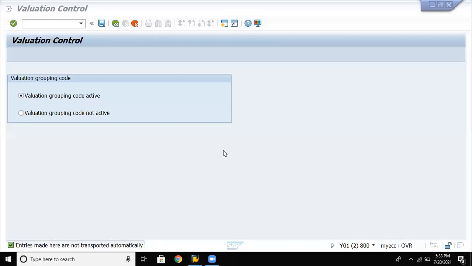So here we can see already the valuation grouping code is in active mode. Now let's go back.